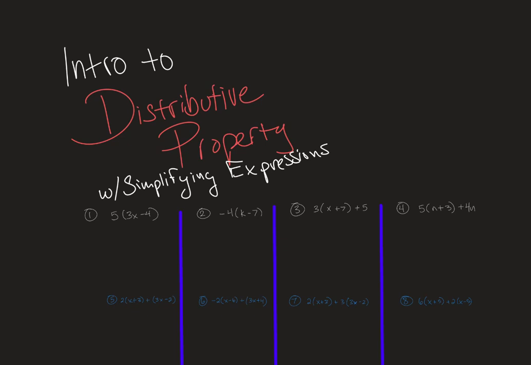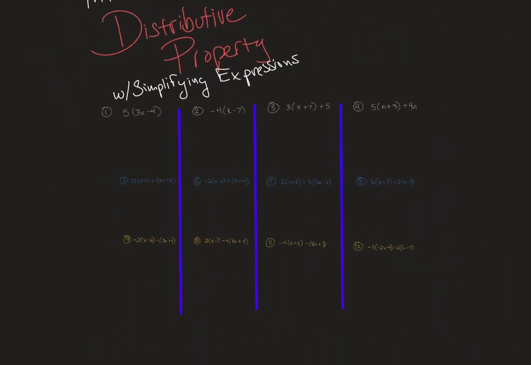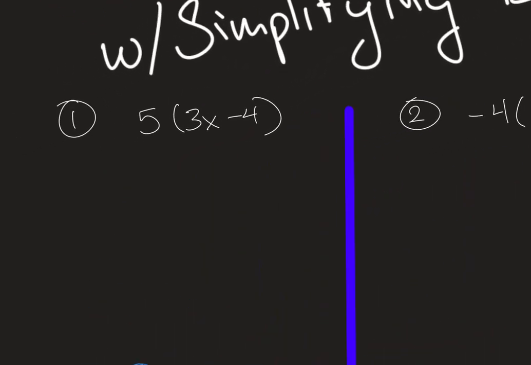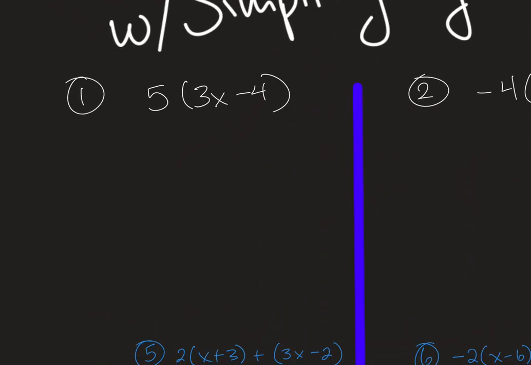Let's talk about the distributive property, and we're going to be doing it around simplifying expressions. So we're going to have 12 problems, each one getting harder than the last. But don't let that freak you out, because what I need you to understand is what is going on right here. This is 5 times